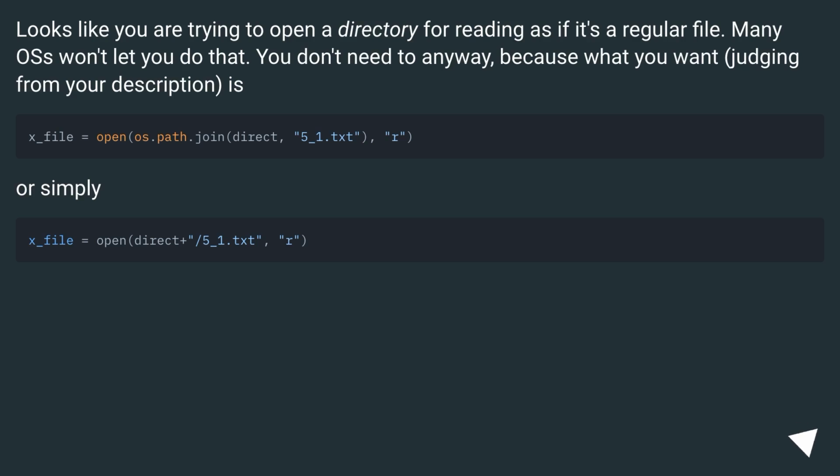Looks like you are trying to open a directory for reading as if it's a regular file. Many OSs won't let you do that. You don't need to anyway, because what you want, judging from your description, is, or simply,